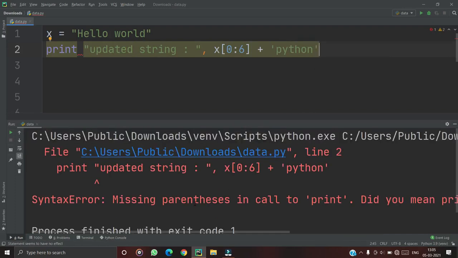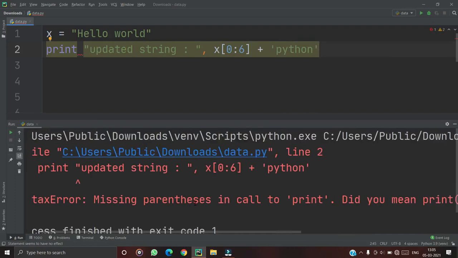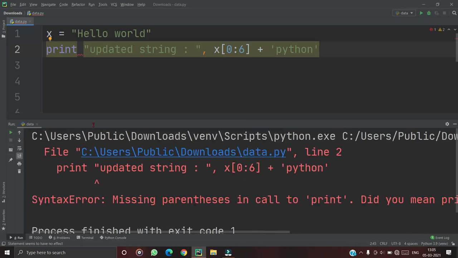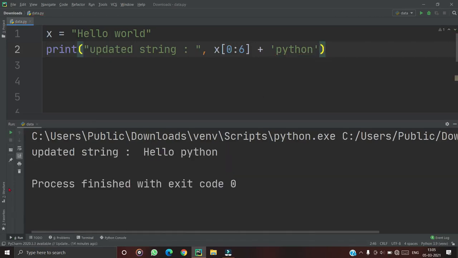What is wrong? Missing the parenthesis. Okay, no problem. Now you can see here, the updated string is hello Python, because the world is replaced by Python. Quite simple.